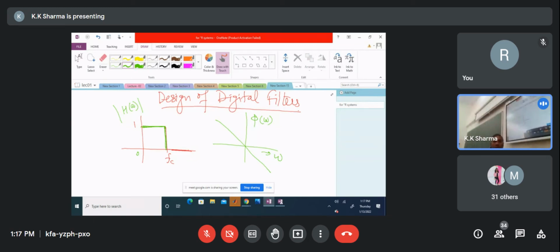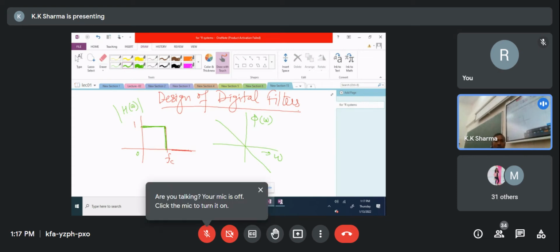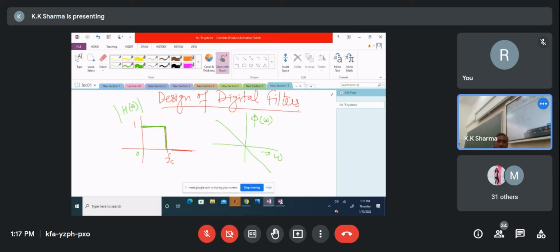I have already shown how, if you deviate from these two characteristics, you get distortion. I have shown only the frequency characteristics of the low pass filter, where you have a flat amplitude response of 1 up to a frequency called cutoff frequency. FC is the cutoff frequency of the filter, and beyond FC, you have a zero response, no transmission through the filter. This is what we desire ideally.